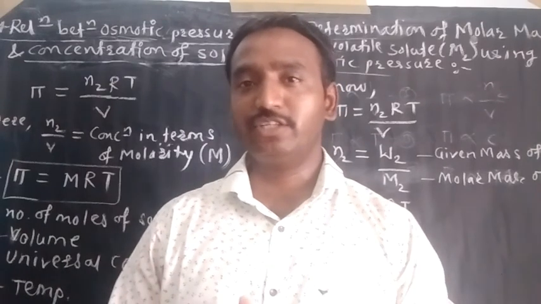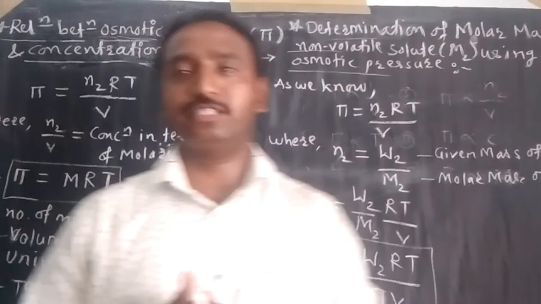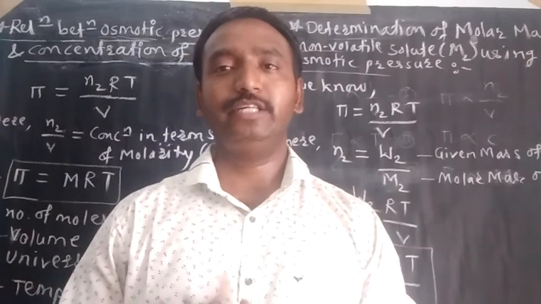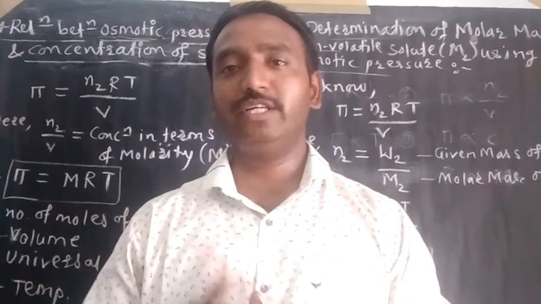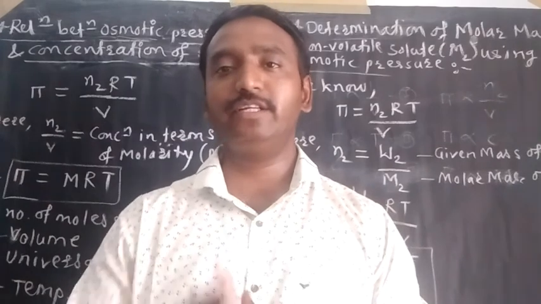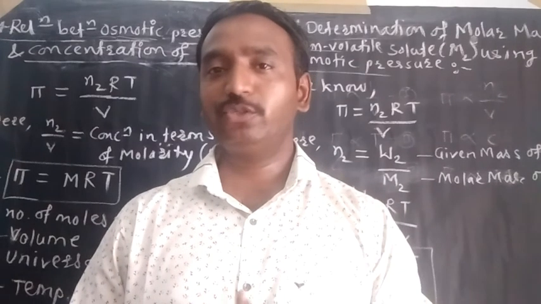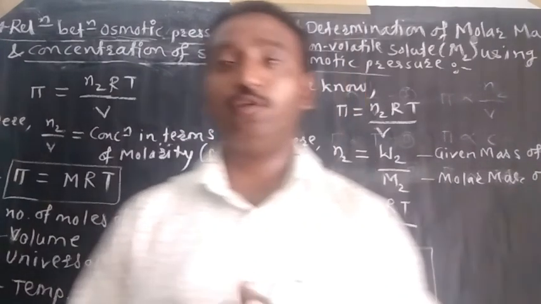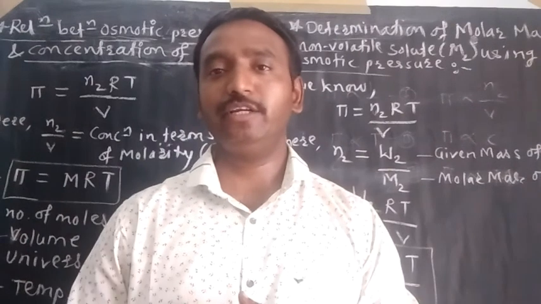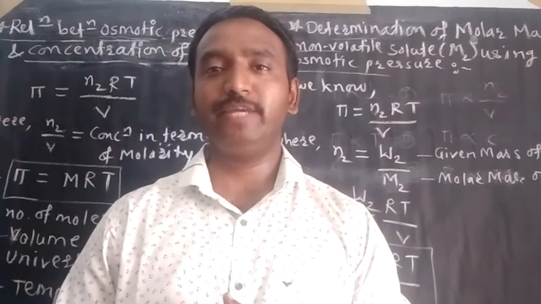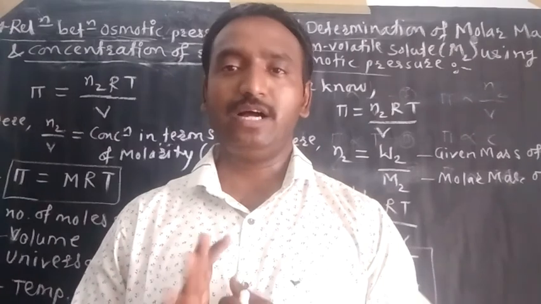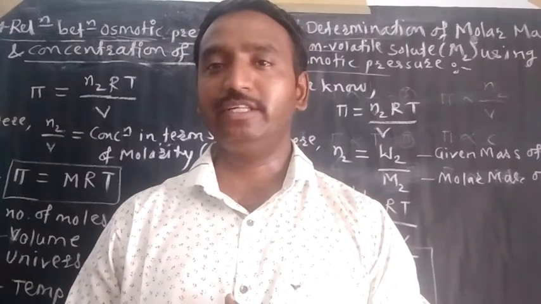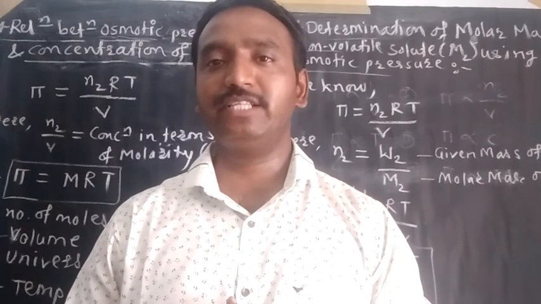In the next lecture we are going to finish this chapter with the degree of dissociation and the relationship. There is one another mathematical expression between degree of dissociation and van't Hoff factor, because there is one important concept in this chapter that remains, which is known as van't Hoff factor, denoted by i. So for today's lecture it is sufficient. So have a nice day. Thank you.